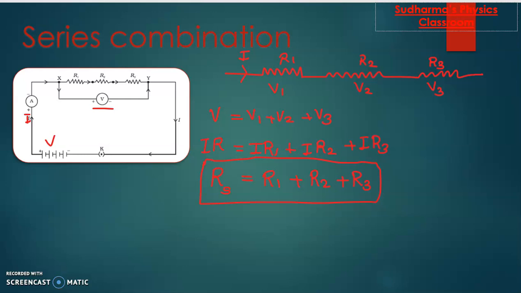So we are adding something here, right? We are adding different values. That means the effective resistance of the combination will be a bigger value, greater than the greatest value among the resistors. For example, if you have 1 ohm, 2 ohm and 3 ohm, 3 ohm is the largest resistance among the given values. So we have 1 plus 2 plus 3, that's going to be 6 ohm, which is greater than 3 ohm. So in a series combination of resistors, the effective resistance is going to be higher than the individual resistance values.